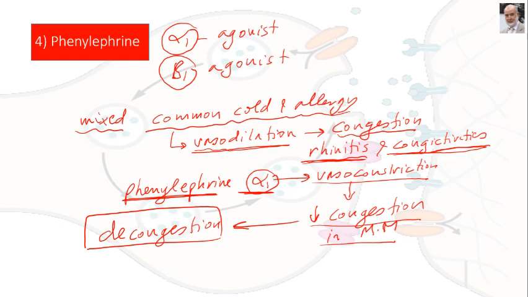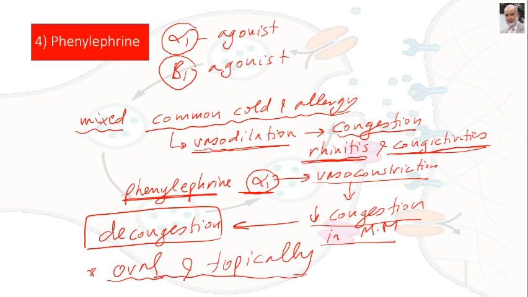So phenylephrine is commonly used in oral preparations, which are used for treatment of common cold and allergy, and also topically as drops, either nose drops or eye drops. They are very commonly present in oral preparations as tablets or capsules, and also in eye drops or nose drops, which are used in treatment of common cold and allergy symptoms. So these are in general the directly acting